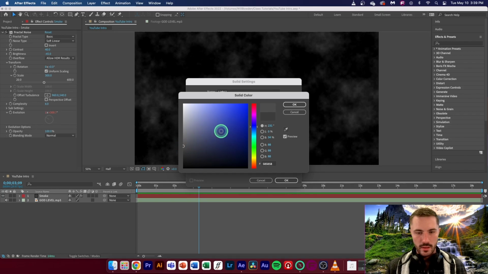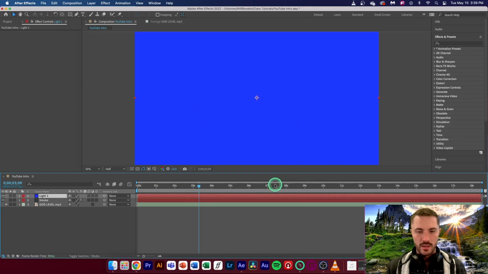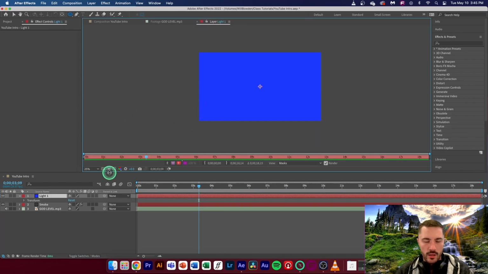All right, and then I'll drag this up to where it's blue, and then I'm going to drag this ball that we see up to where it's more blue. We can have it there, or we can make it a little bit lighter. I think I like it right here. And now I want to click OK. All right. So now that I've made this blue light solid layer, guys,